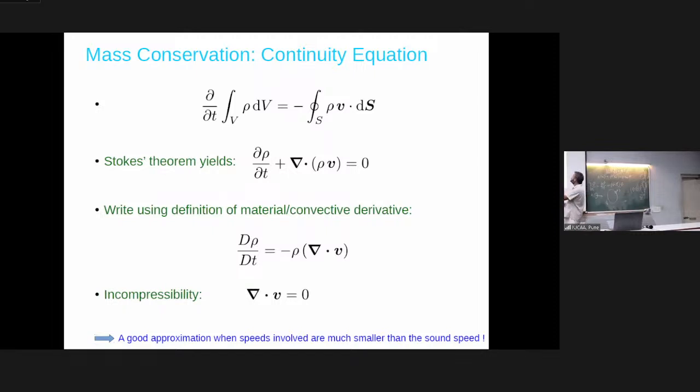So you see that if v and the area element are pointing along the same direction, there is a mass flux outside that volume. If they are opposite, this whole thing becomes positive, and then there is mass inflow into the volume. That's why the minus is very important. Now, this is my area element. This was the velocity field.